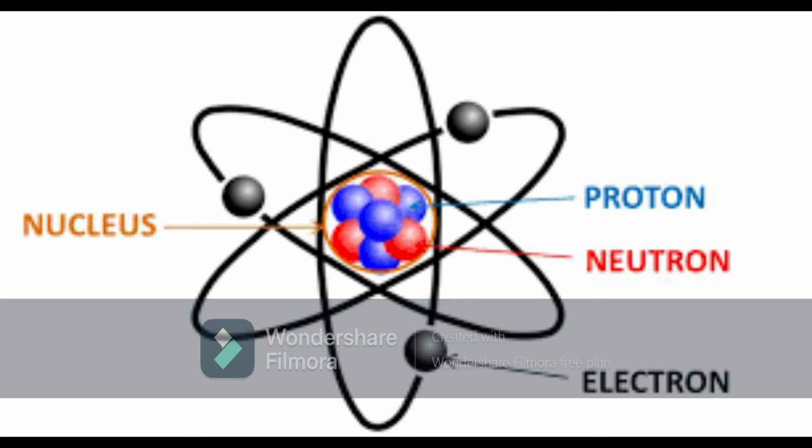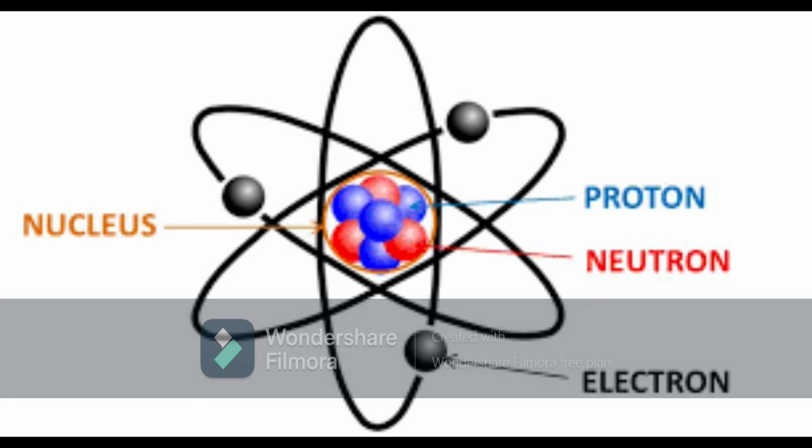Welcome children, we are in the next part of the lesson. So now we are going to see what an atom is. Atoms are very small, smaller than anything we can imagine. The atomic radius, that means the distance between the two atoms, is about 1 nanometer.